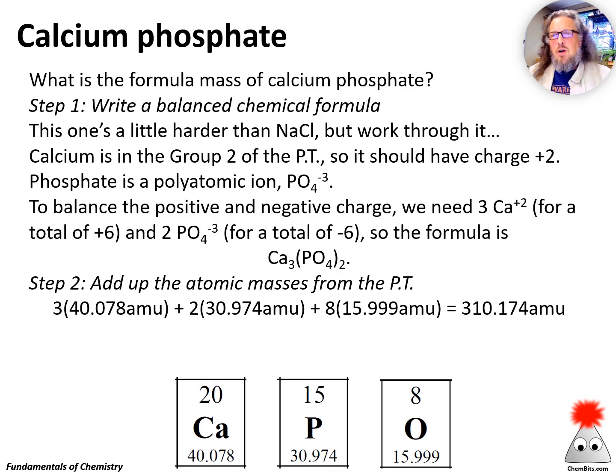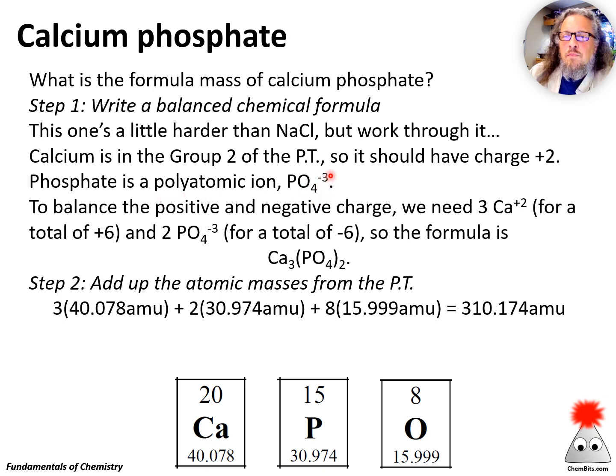So let's try a little bit more complicated formula, but the same process. What is the formula mass for calcium phosphate? So step one, write that balanced chemical formula. If you find calcium, calcium is atomic number 20. It's in group 2 of the periodic table, and since it's in group 2, we expect that it's going to have a charge of +2. Phosphate is one of those polyatomic ions, so hopefully you're making some progress in memorizing those, but phosphate is PO4